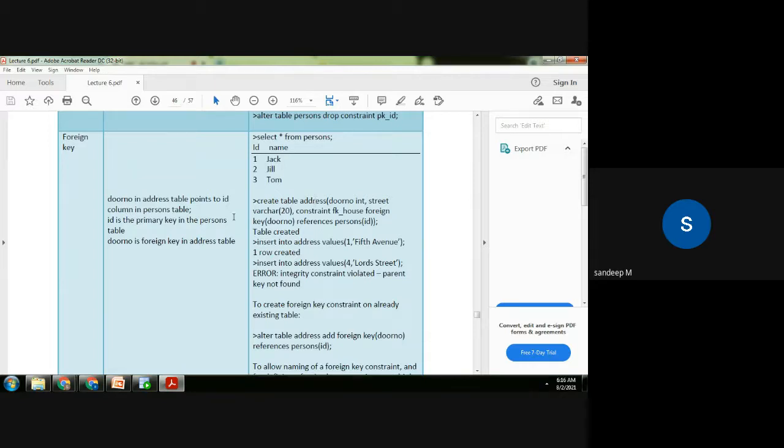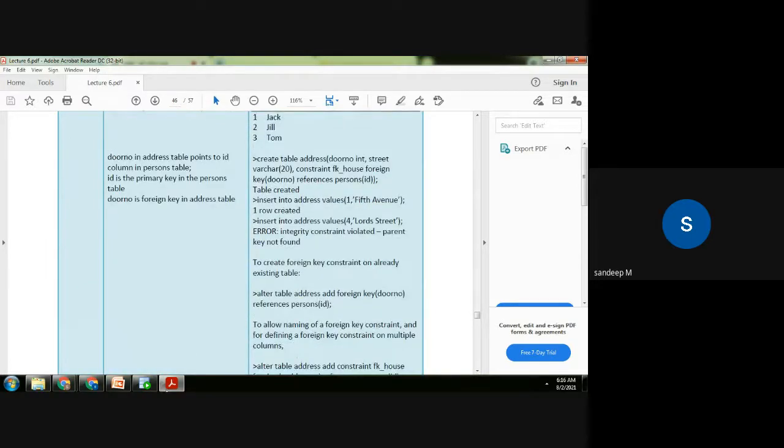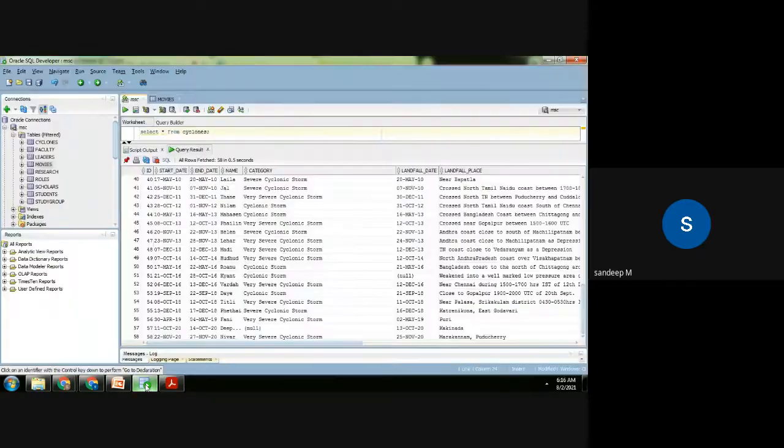Okay, so you can create foreign keys. I'll just give you an example, so that will be more clear.